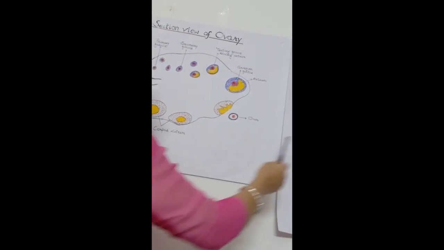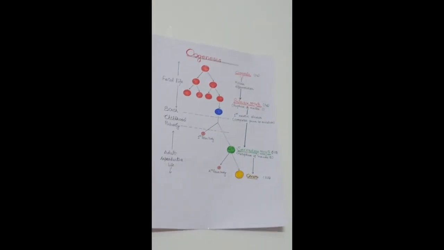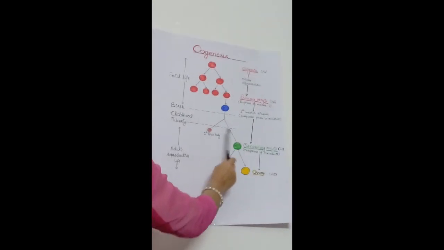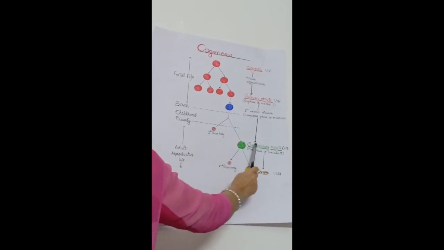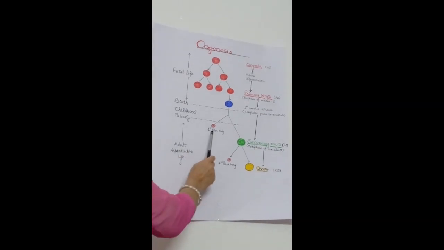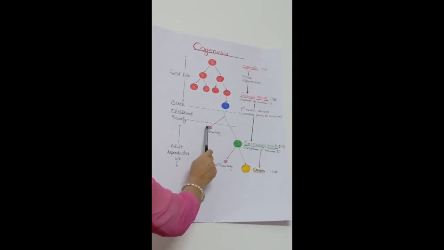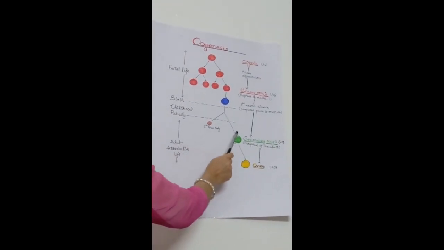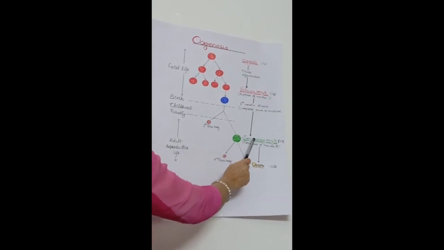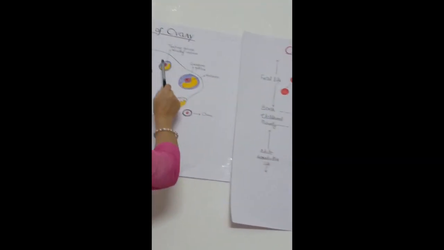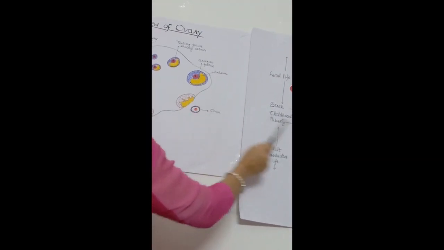Now at the age of puberty, when the maturation of the primary follicle starts, the suspended meiotic division is completed and it divides into two cells. One of the cells is known as the secondary oocyte, and the second one is known as the first polar body. The first polar body has 23 chromosomes, and this structure also has 23 chromosomes. The whole of the cytoplasm is present with the secondary oocyte. Now this secondary oocyte is present in the tertiary follicle, the Graafian follicle.